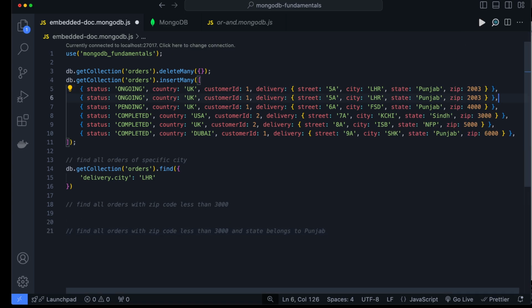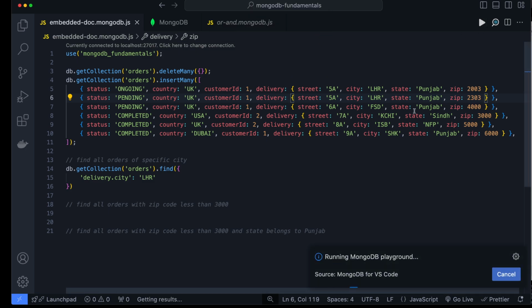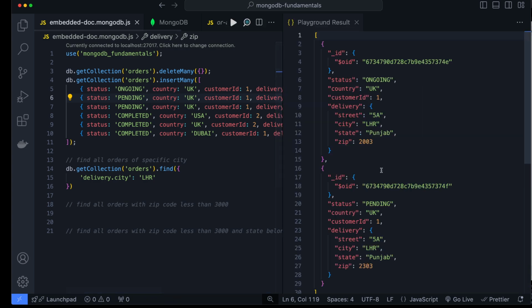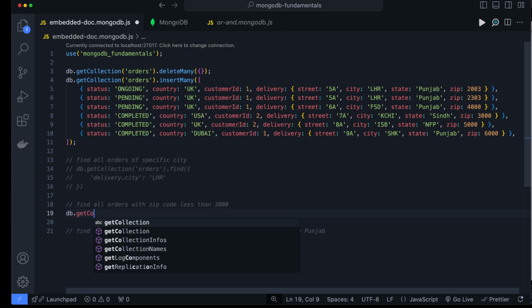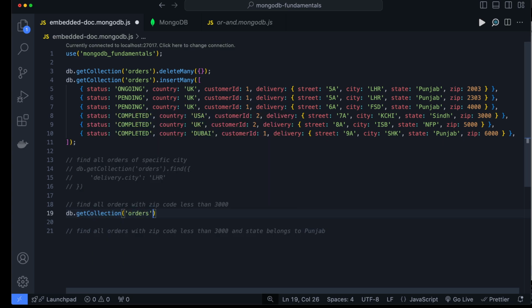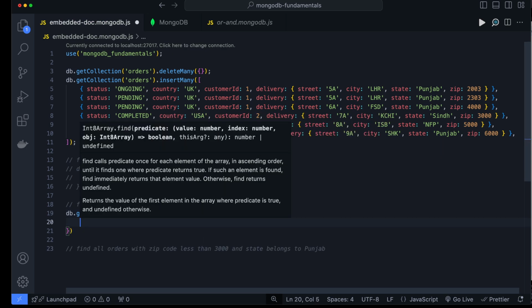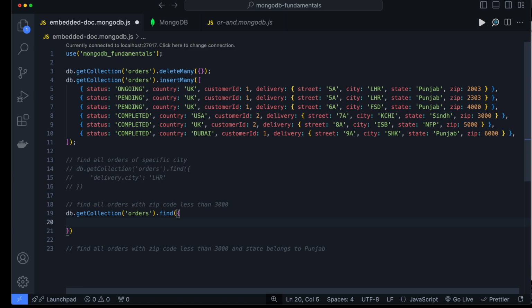Let's say if I create another order, this time I can say pending, and zip should be 2307. Now you should see two orders. You can see that I got two orders. You have to write the query for this one too, db.getCollection, orders, find method. You can also apply any query operator with dot notation, delivery dot